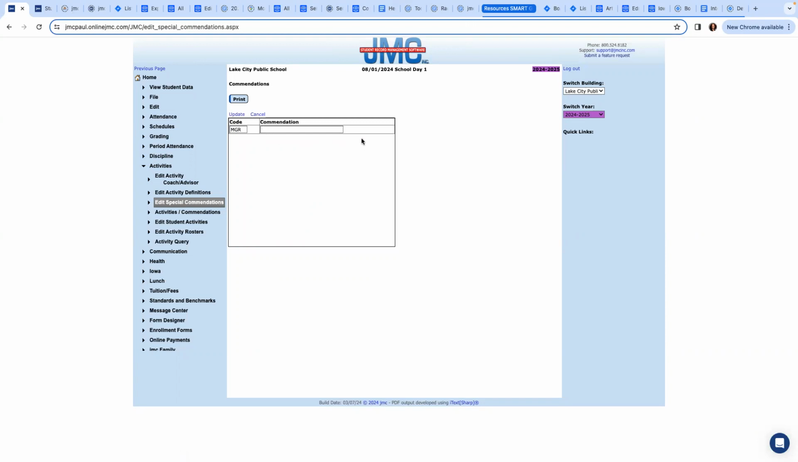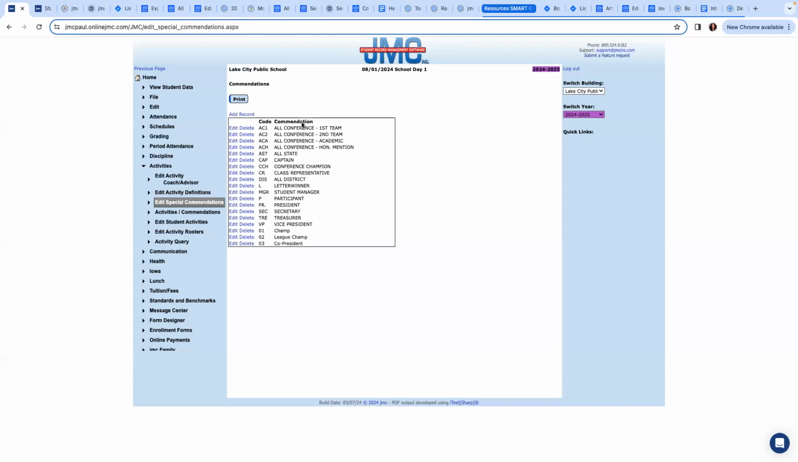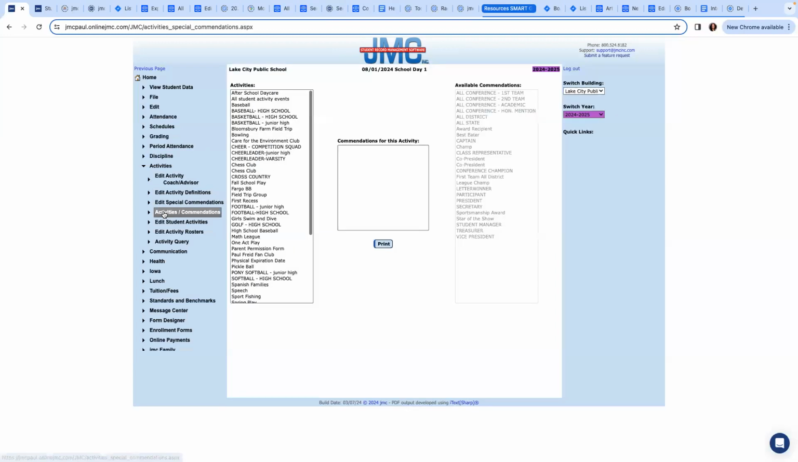If I want to make sure that I am recognizing team managers, I can make a commendation for that. I can click update, and I already have that commendation in my database. So I don't need to add it again. So I'll cancel, knowing that it's already in there. But once you have this list looking the way that you want it, you come in here to activities, commendations,